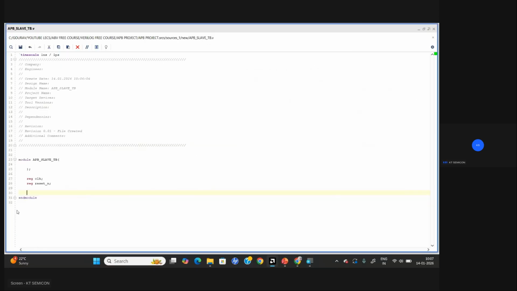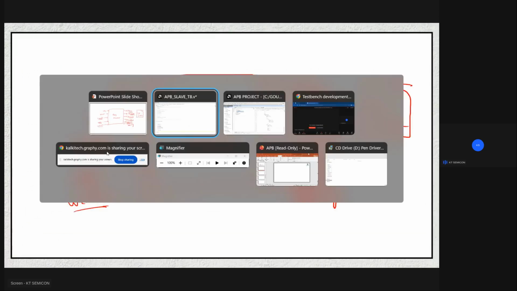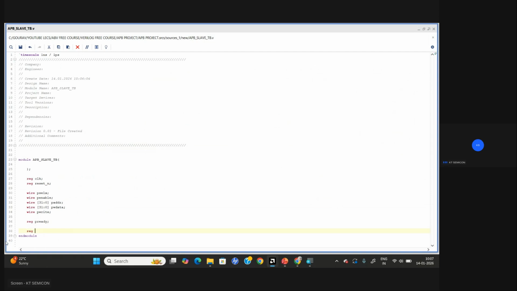So wire P select, wire P enable, wire 31 down to 0 P address, wire 31 down to 0 PW data, and wire P write. Our slave or the test bench is going to give the master the P ready signal, so I'm going to declare it as reg. Next, the slave or the test bench is going to drive signals like W data, address, transfer, and write, so I'm declaring them as reg. So reg transfer, reg 31 down to 0 address, reg 31 down to 0 W data,